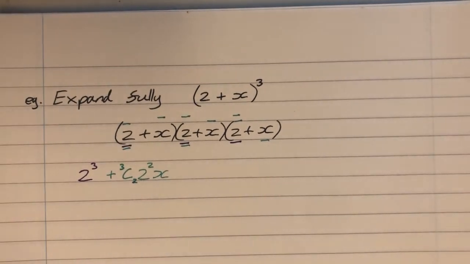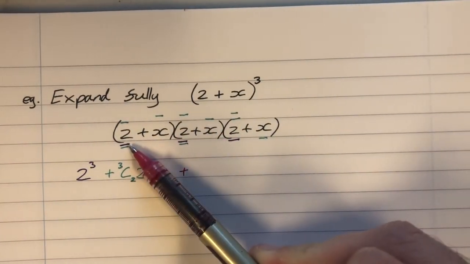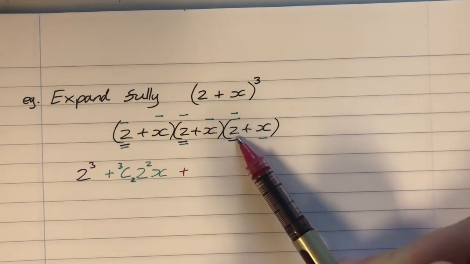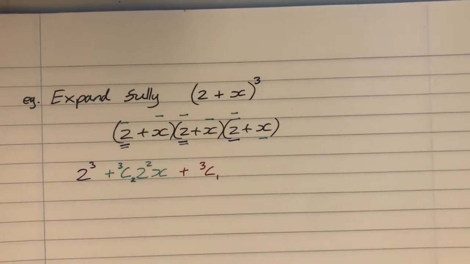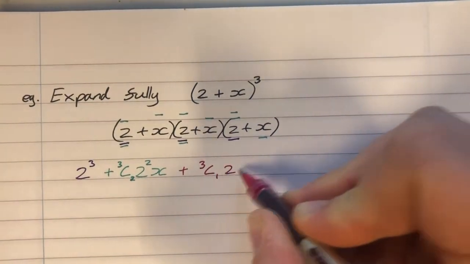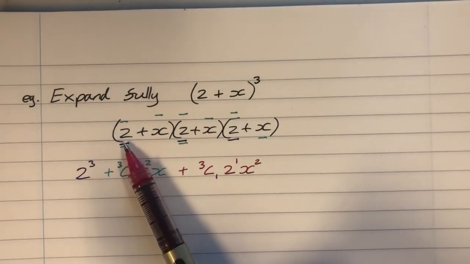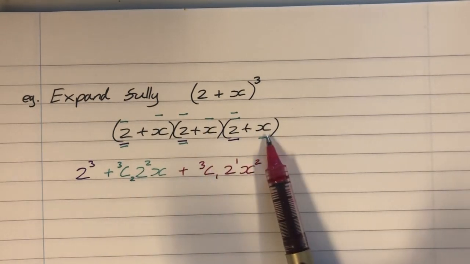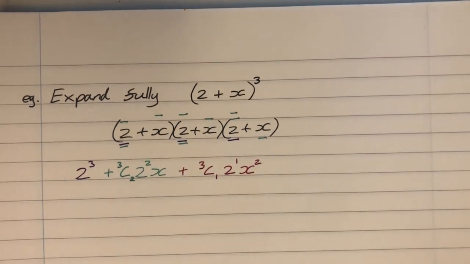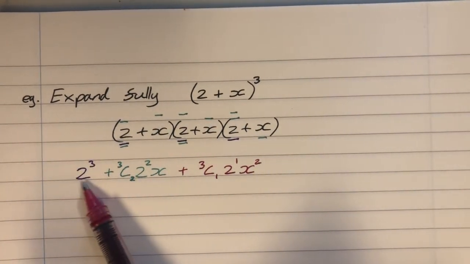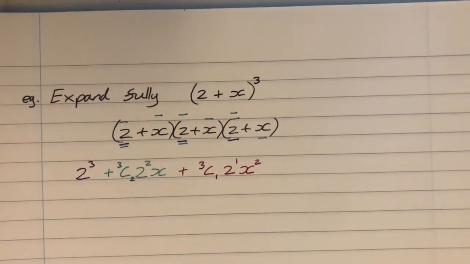Okay, I could repeat the same process for choosing one 2. So I could choose the 2 from the first bracket, or the 2 from the second bracket, or the 2 from the third bracket. So there are 3 choose 1 ways to choose one 2. So that's one 2, and that's going to leave me then with 2 x's. Okay, so if I'm choosing a 2 from this bracket, I have to choose the x and the x from the other 2 brackets. Or if I choose the 2 from that bracket, then I'm choosing the x from the first bracket and the third bracket, and so on. You'll notice that at each stage, I've got 3 items. There's 3 2s, there's two 2s and one x, there's one 2 and two x's, and then for the final term,